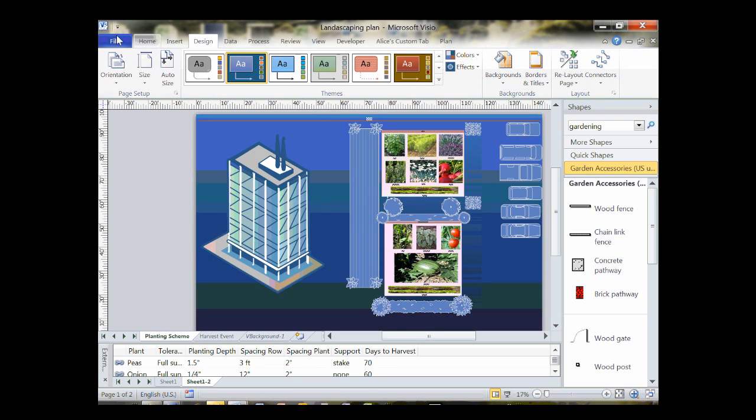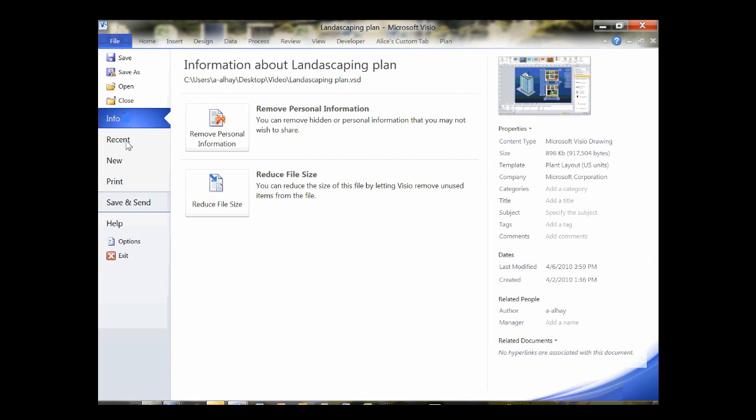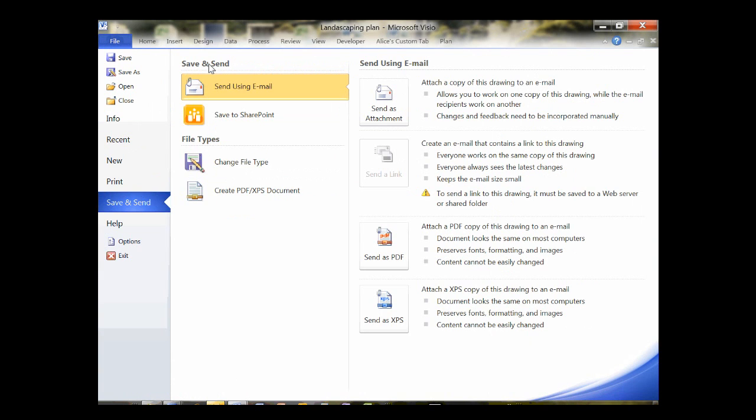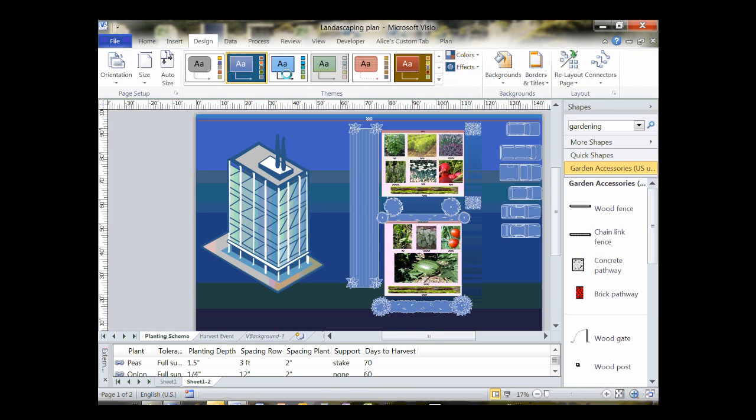Excellent. Now I'm going to go ahead and hit the File tab, click Save and Send it via email as an attachment